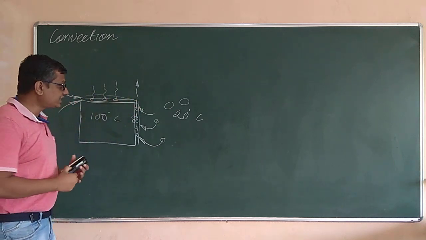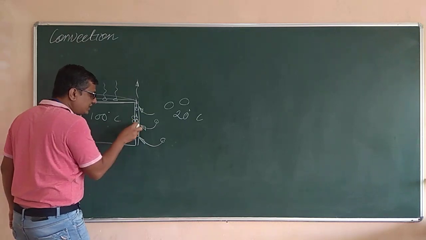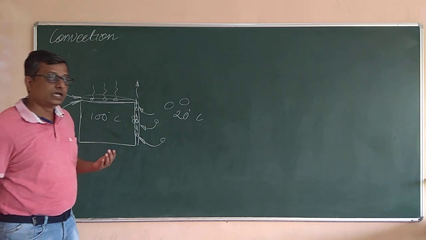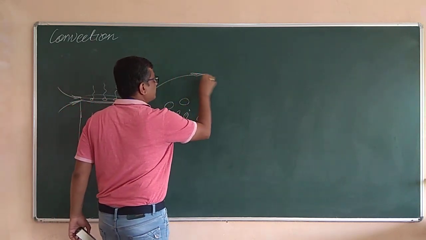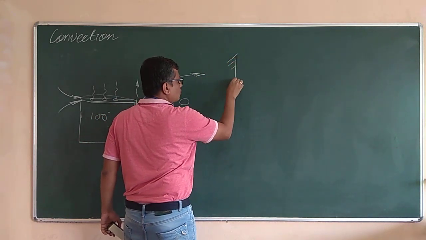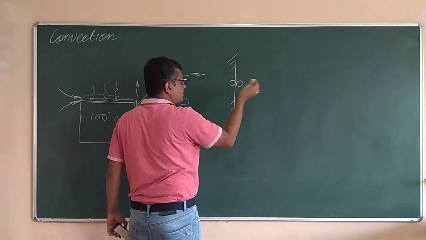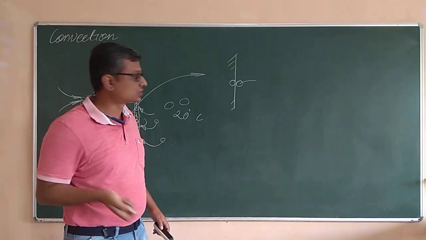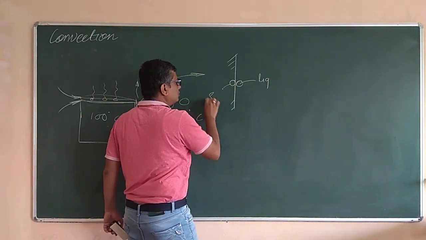Now the heat is transferred from this metallic block to the air molecules in this region by conduction. Why conduction? Now if I show this part separately, this is the solid surface. This is the molecule of the solid, and the molecules which are coming are the molecules of the fluid. It can be air, any gas, or a liquid also. So this is the liquid molecule and this is the solid molecule.